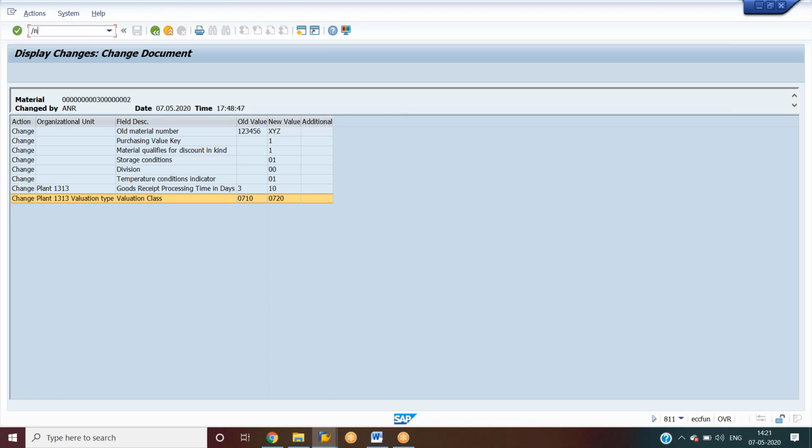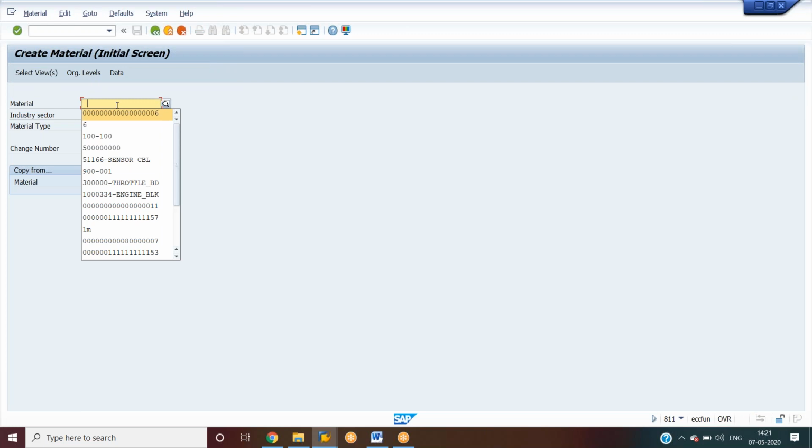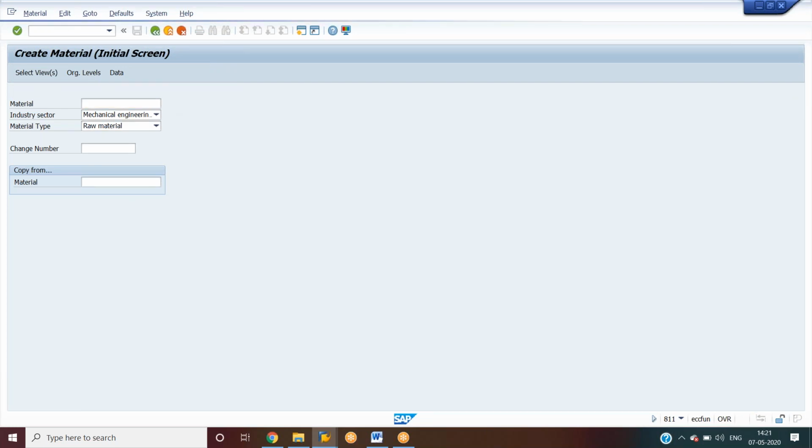So if you want to extend the material to some other plant and storage location, you have to go to MM01 and give the material number which we have created.